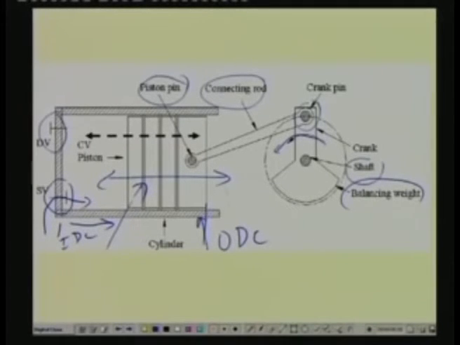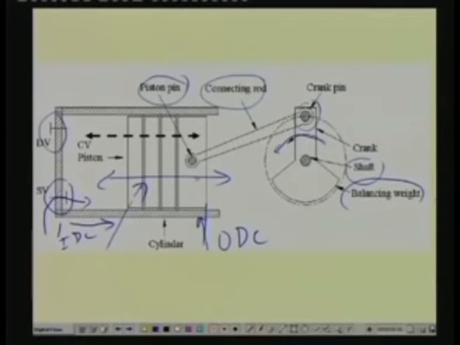During the reverse stroke, the piston starts moving from the outer dead center to the inner dead center. So pressure builds up inside the cylinder. As the pressure builds up, the suction valve closes. But since the pressure is lower than the discharge side pressure, the discharge valve also remains closed. That means during the compression process, both the suction valve as well as the discharge valve remain closed, and the volume of the refrigerant trapped inside the cylinder is reduced because of the movement of the piston.